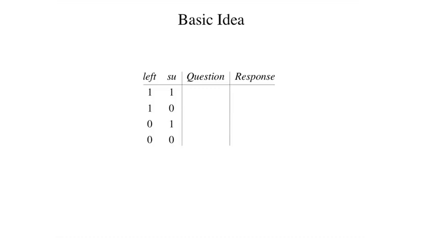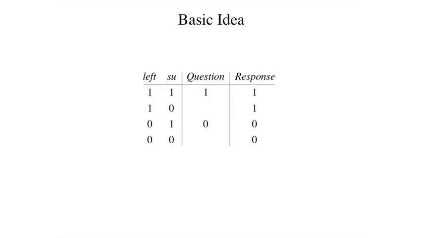However, we can also approach the problem without entertaining such meta-level questions. Let's draw out a table with a set of all possible states of affairs and leave columns for the question we want to ask and the response we want to receive. We want to ask a question that will elicit one response, let's say true or 1, if the stadium is to the left, and a different response, for example, false or 0, if the stadium is to the right. Note that the response in each case may differ from the actual truth of the question depending on whether the informant is from Stanford or from Berkeley.